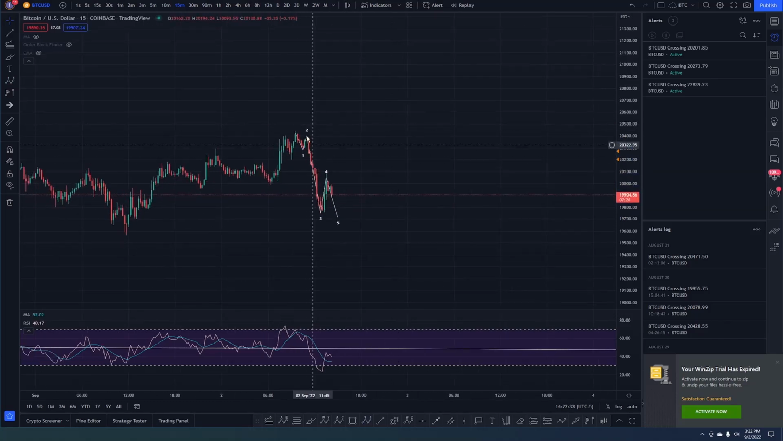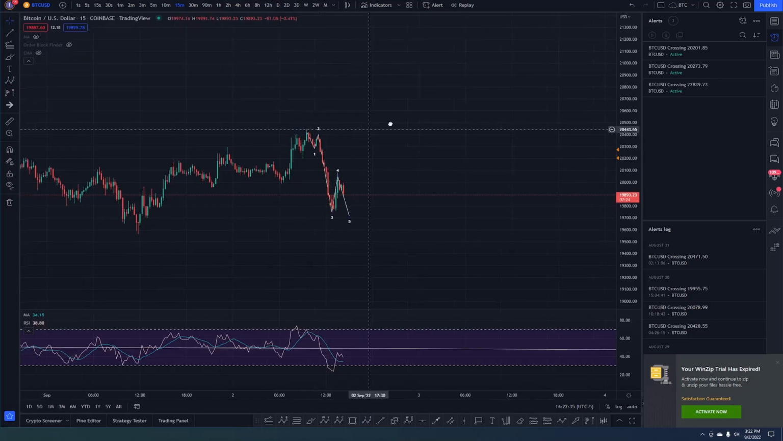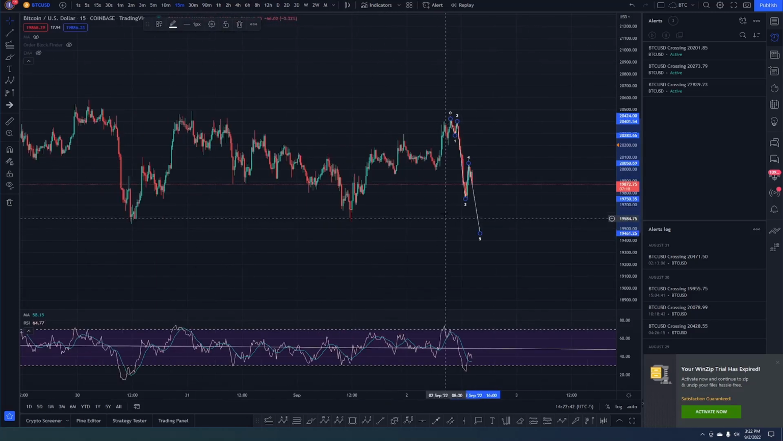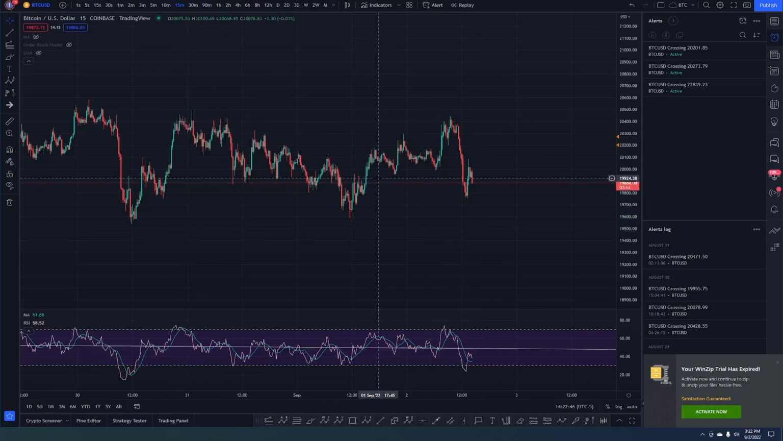There you go. Unless this is a really extended 3-wave move, which I doubt. I think this is going to come down and retest the low, or even break the low. Small time frame ideas there. Okay, so what else could be happening in the market? So that's one major idea, guys. One major idea that